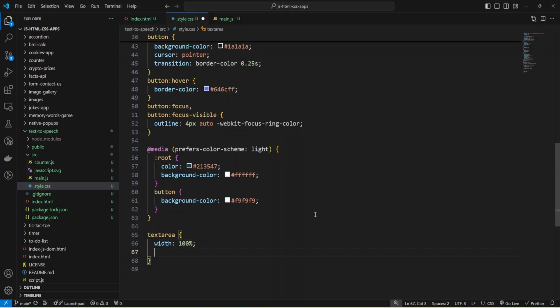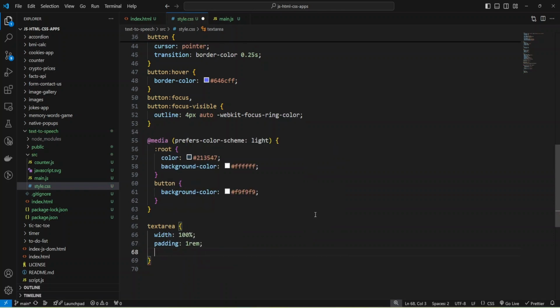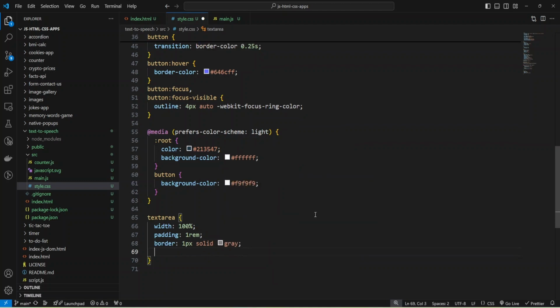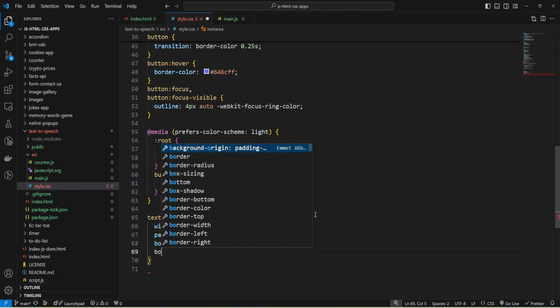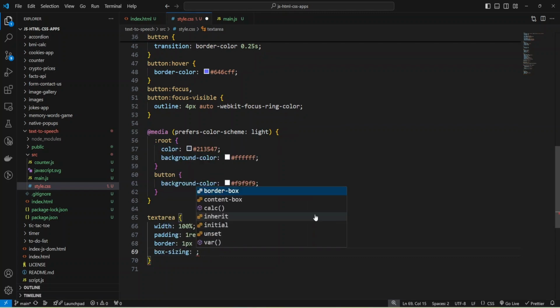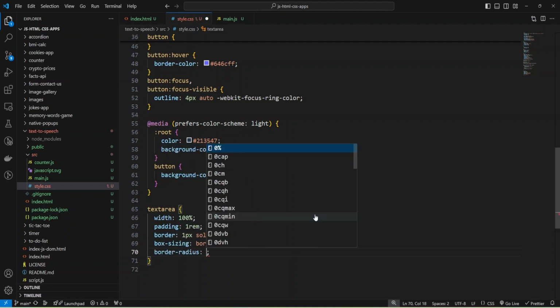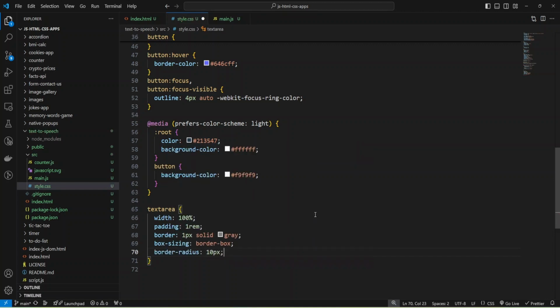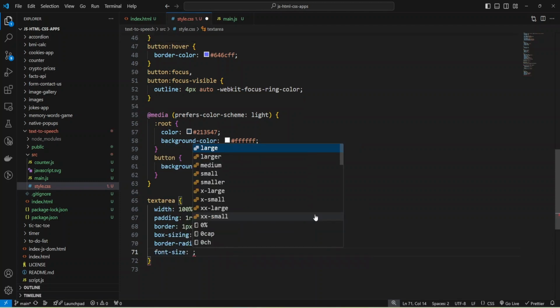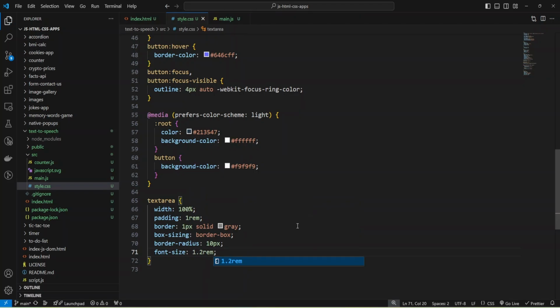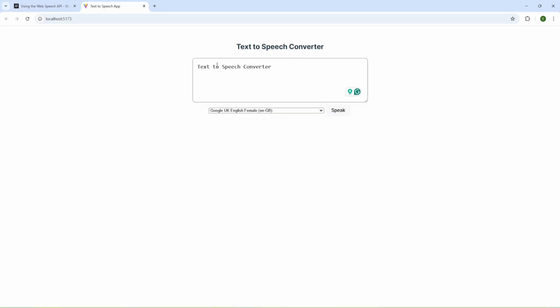And also let's add some padding, 1rem, and also we can add border 1px solid gray, and let's add some box-sizing, and make it border-box, and so I can provide border-radius 10px, and also let me increase the font size to 1.2rem. Let's check. Okay, we have styles.